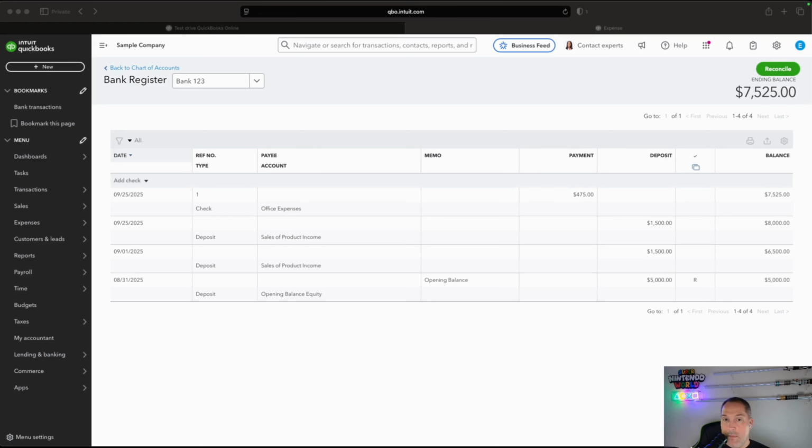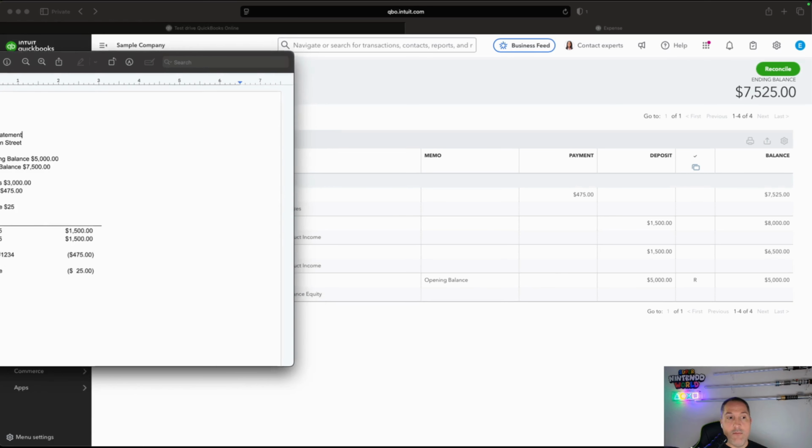Okay, so I've gone through and I've added a couple of those transactions. We'll see we have a beginning balance. We have the 2 deposits. And I do not see the bank fee. Let's see what these 2 deposits are going to match the